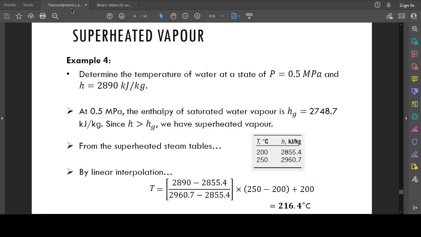So you look for where this 2890 falls. And from the table, it falls between 200 degrees Celsius and 250 degrees Celsius. So what do we do? We do a linear interpolation to identify the corresponding temperature. Okay, so this corresponding temperature is against 0.5 megapascals. Okay,